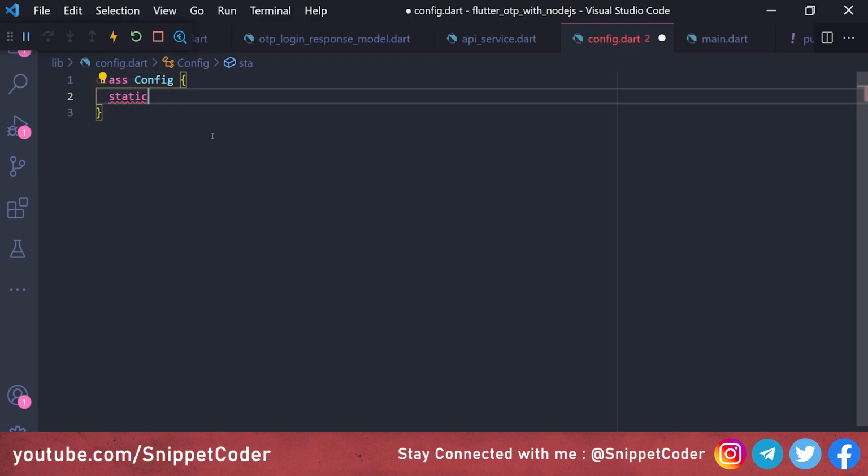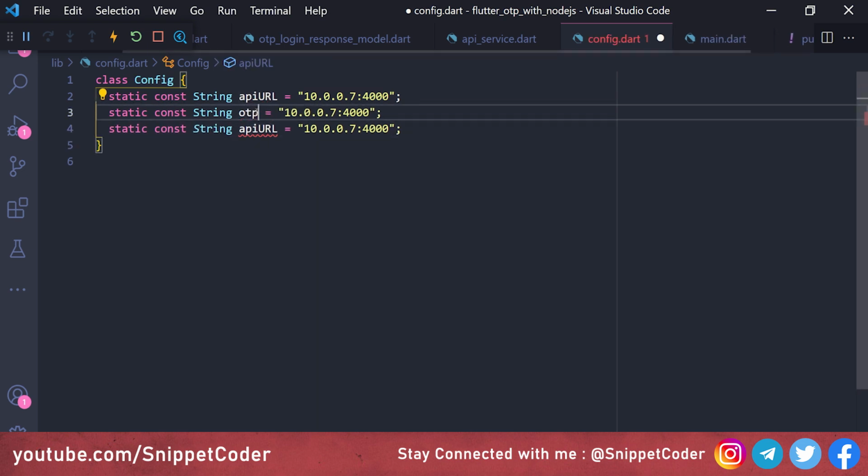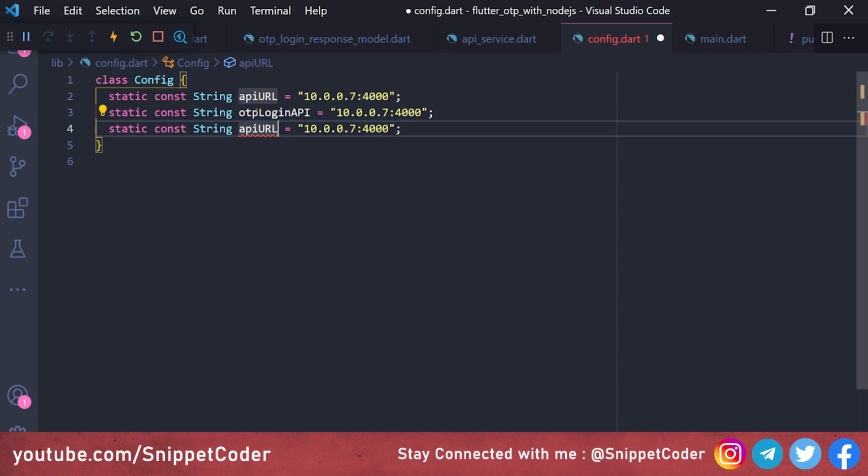Here we have to add the variables: static const String apiURL is equal to, and here we have to put the IP address if we are doing testing from the local, and this is my IP address, and here the port number. Then we have to copy this and paste it again here, and we will name it otpLoginAPI, and this one will be otpVerifyAPI, and here we have